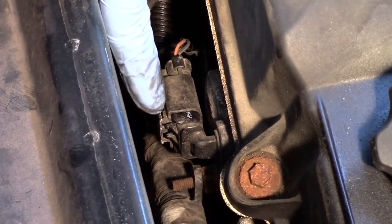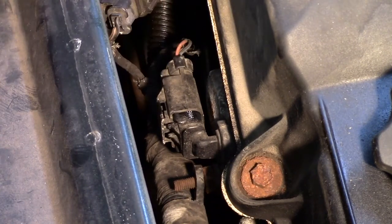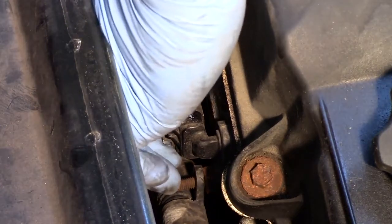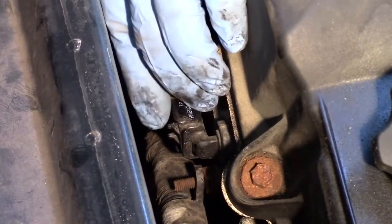Now quite often there's a red locking tab in here. This one is missing. Somebody's probably been in here at some point before. So if you have that, you need to use a little pick to pop that out of the way. Otherwise, I'm going to reach in, press on the tab on the electrical connector, and slide that back out of